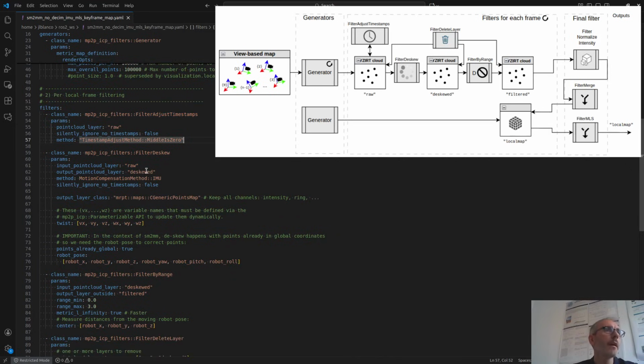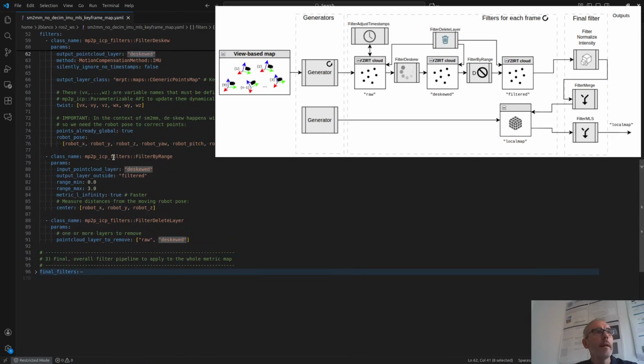This must be done before motion compensation, of course, which is the deskew. The deskew is taking the information from the IMU and generating a new layer, which is called deskewed, using the motion information, the IMU, the local velocity that comes from the lidar odometry and so on, and generates a new layer with the motion compensated cloud, which is called deskewed.